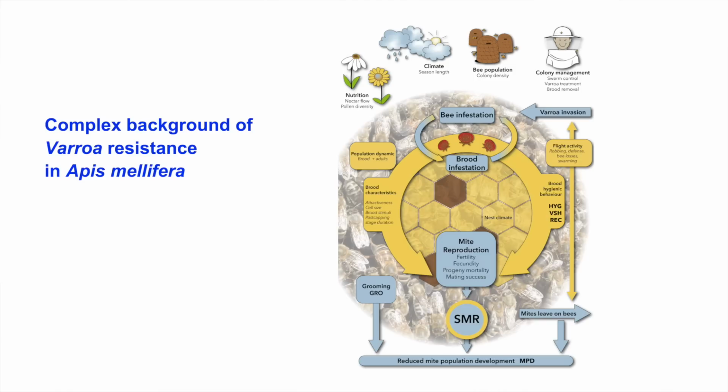Here in this nice but complex graph, we try to bring together all the things which we know by now on resistance. And I'm sorry about the people sitting in the back. I checked this graph this morning and noticed these small written things here you probably can't read. I shortly explain the situation because it's really crucial for us to understand resistance is not one single character which